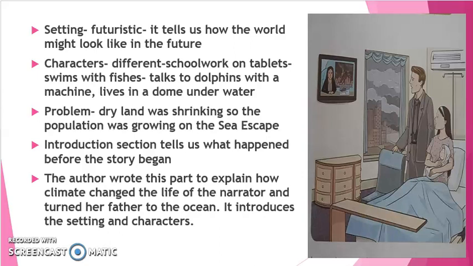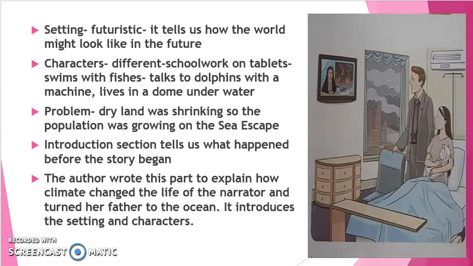Now let's discuss your workbook. For your workbook, on page number 6, S2, you need to write about the problem that Tara faces. We have talked about Tara, so today you will be writing about Tara. The first thing you need to do is write about the problem she faces. Then, 3 words to describe her. Read the story, find out how you can describe her in just 3 words. What does she like? What does she dislike?